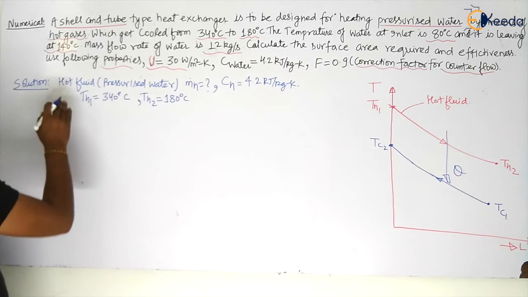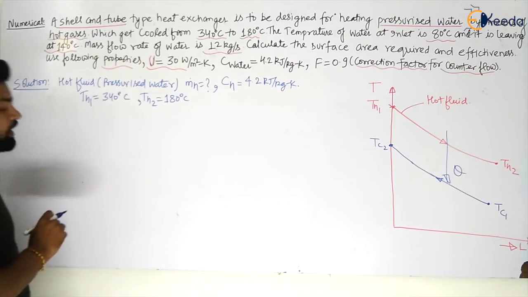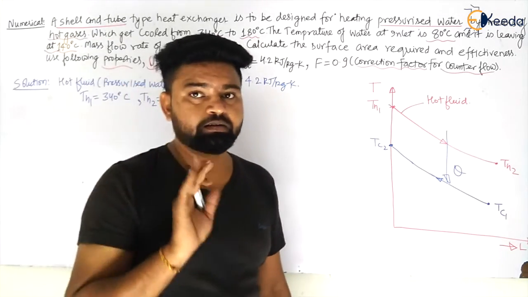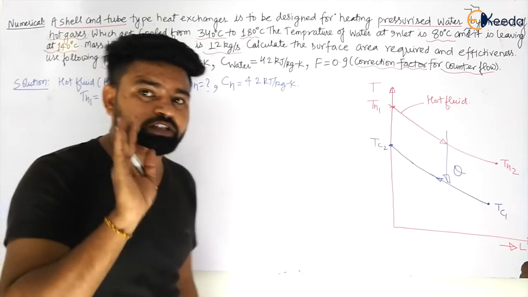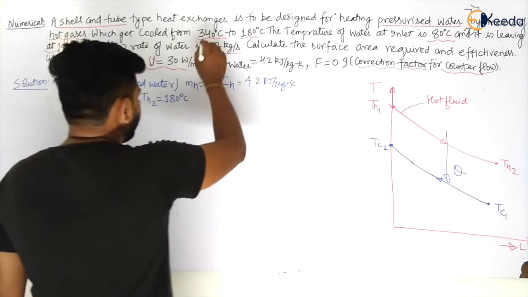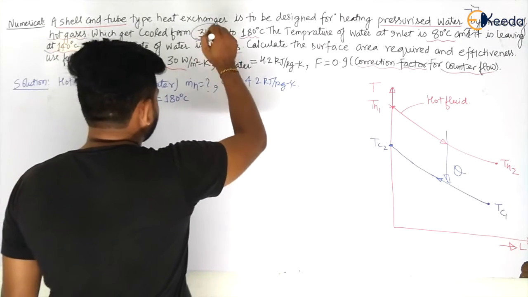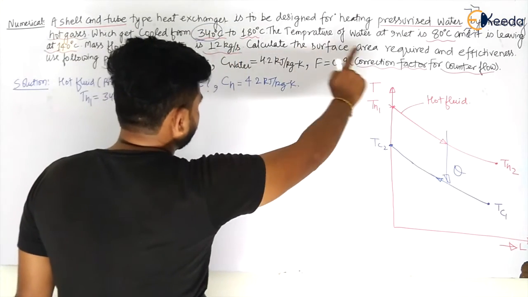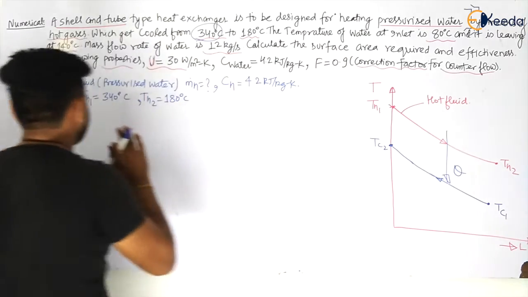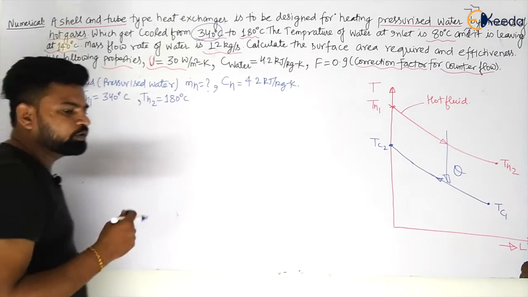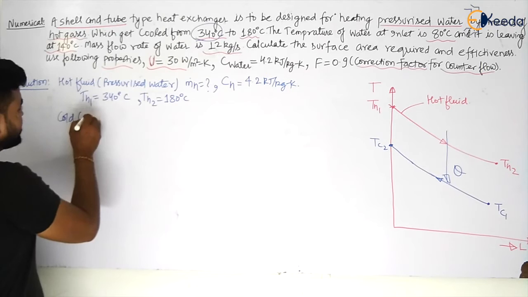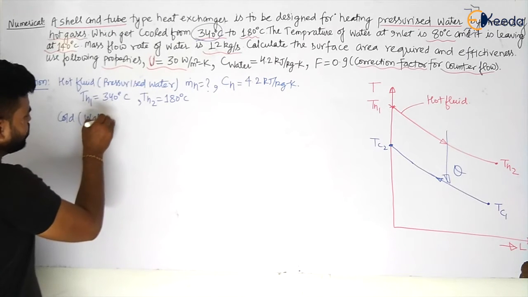Inlet, and it is leaving at 140 degrees Celsius. Now he is confusing the temperature of water. You can decide by looking at the temperatures which is the hot fluid and which is the cold fluid, my dear students. As this has the maximum temperature, 340 degrees Celsius, and this has only 140 degrees Celsius, you can easily analyze that the cold fluid is again water. So the cold fluid is unpressurized water, or I can simply say water.